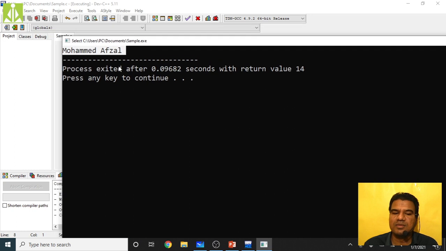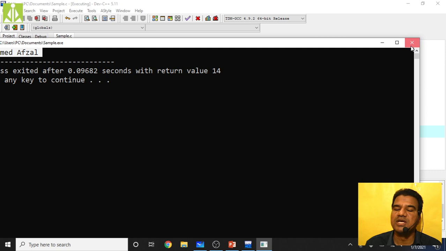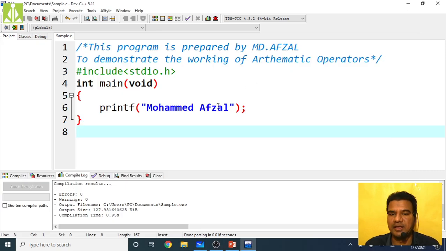So every time you make changes to your program, you have to save, you have to compile, and you have to execute. You have to follow the creating and running program steps we discussed: writing the program, then saving the program, compiling the program, linking the program, executing the program to see the output. All those steps we have to follow sequentially and repeatedly.